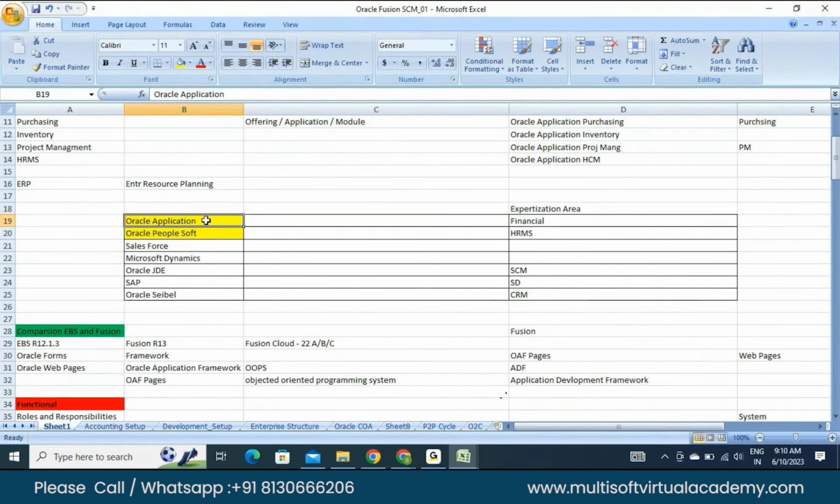We can say Oracle application, Oracle PeopleSoft, Salesforce, Microsoft Dynamics, Oracle JDE, SAP, Oracle Siebel. Previous to this, Oracle had not acquired PeopleSoft, JDE, Siebel. Later on, they acquired these applications or ERP products, and they are now under the umbrella of Oracle. So with the advent, many organizations are using different ERPs for their